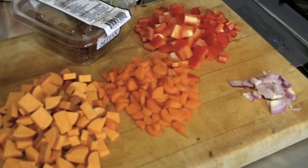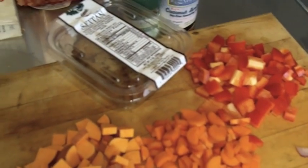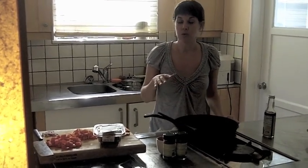recipe. But we're basically making a scramble with sweet potatoes, carrots, red pepper, a little shallot, some thyme, marjoram. It's sort of like a fall Thanksgiving kind of scramble. So let's get started. What I'm going to do first is saute the vegetables, and I am going to saute